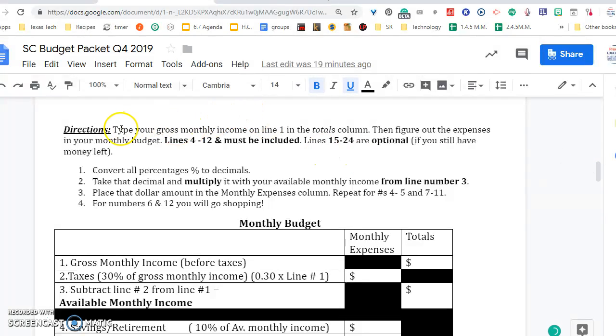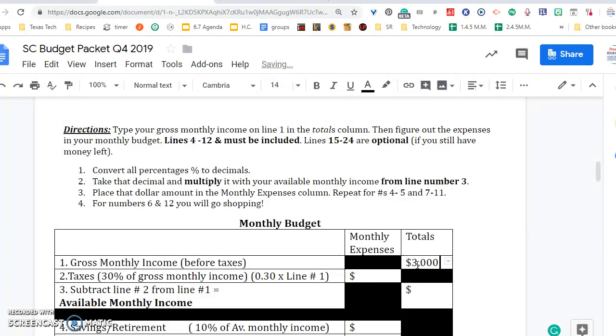So first, here in the directions, it tells us to type our gross monthly income on line 1 in the totals column. So right here, I'm going to place in my totals column the gross monthly income. This is the income you find on your website. It is not one that comes after taxes. So this is what you're signing up for, how much you think you will be earning a month. So from our website, I'm going to make the math really easy for us. We're going to say that I make